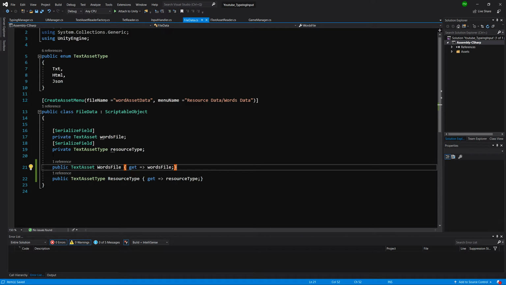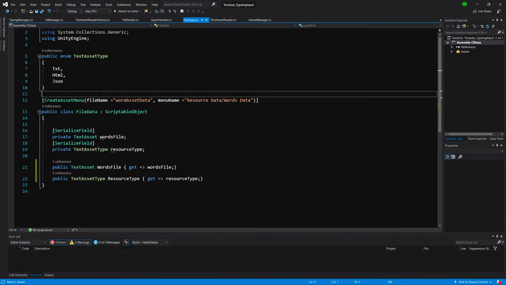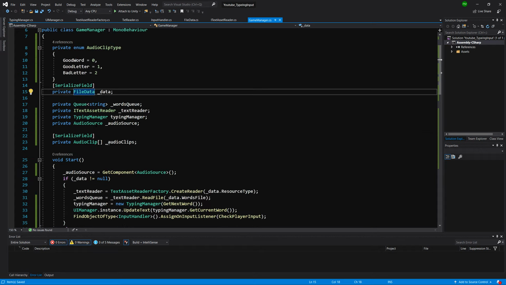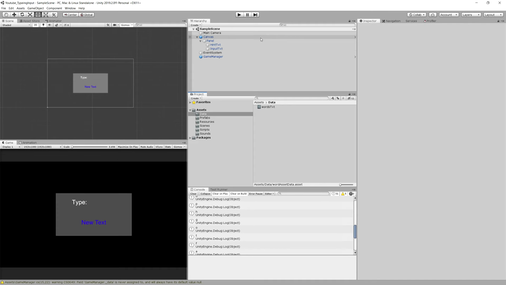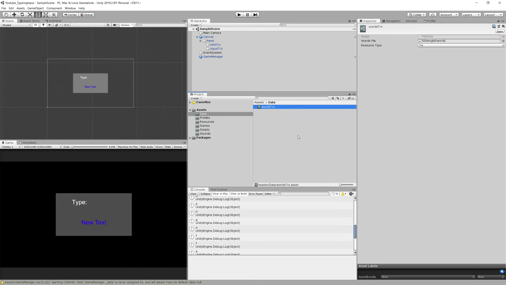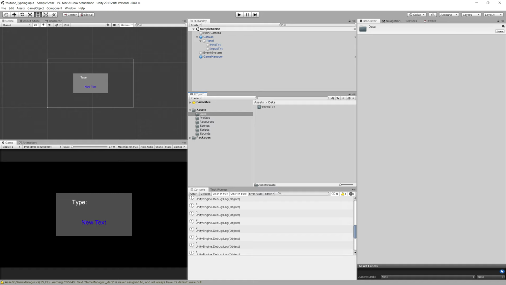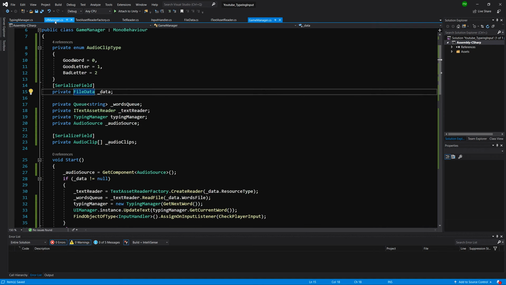We don't change the values inside this file, so we will be safe against some changes that are unwanted. So let's see our game manager. We have our file that is the data, and what we are passing here is this file that we have created by clicking create resource data word data, just because we have passed a